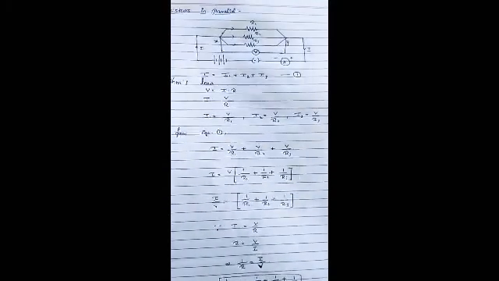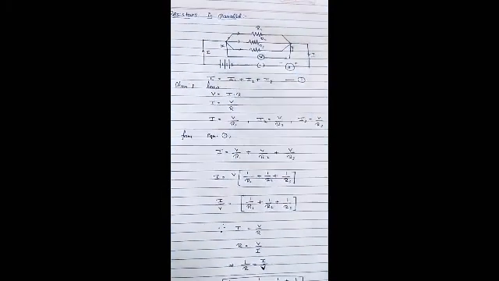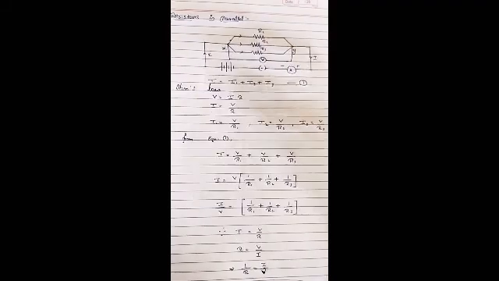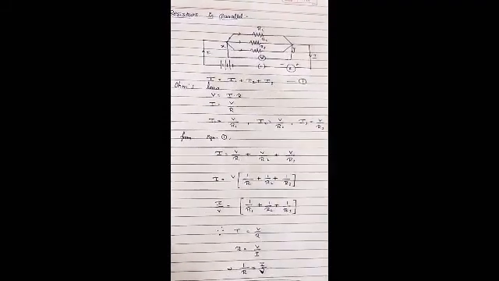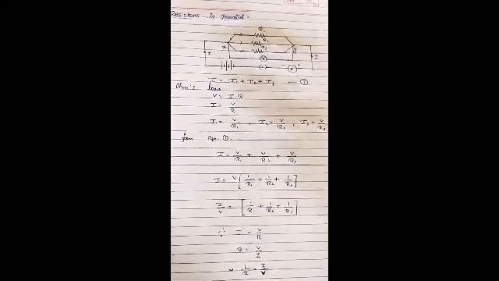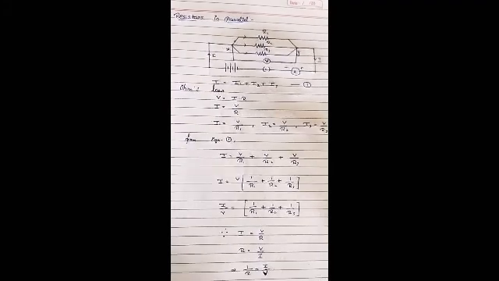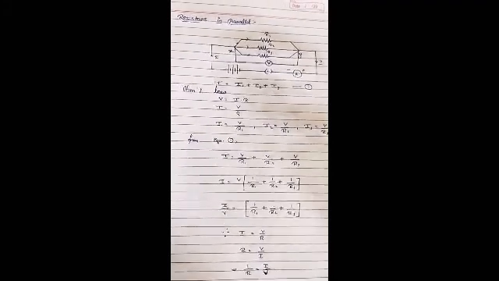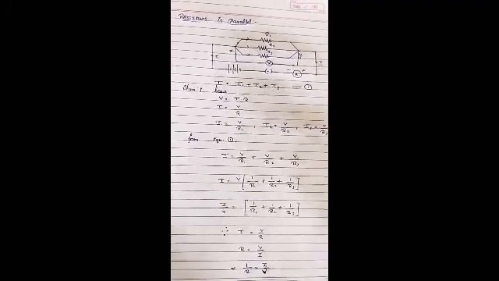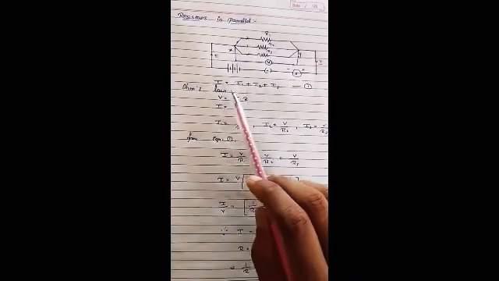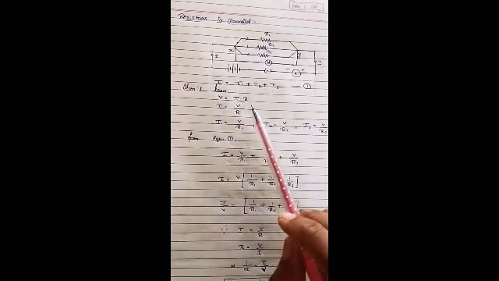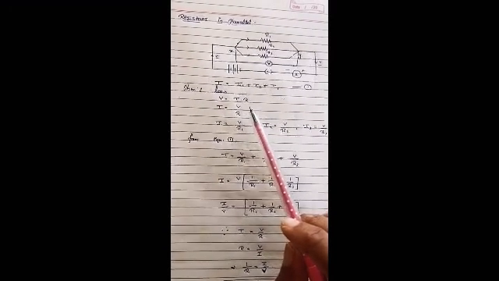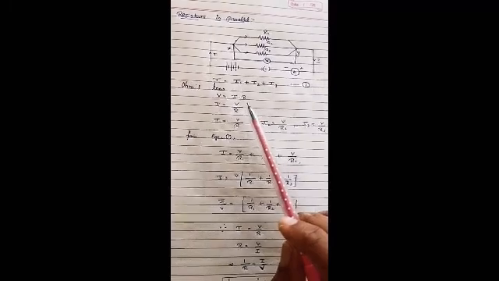So we write the expression for the total current, that is I is equal to I1 plus I2 plus I3. It is observed that the total current I is equal to the sum of the separate currents flowing through the branches of the combination, that is I is equal to I1 plus I2 plus I3. Next we can use Ohm's law, V is equal to I into R. It is the expression for Ohm's law.